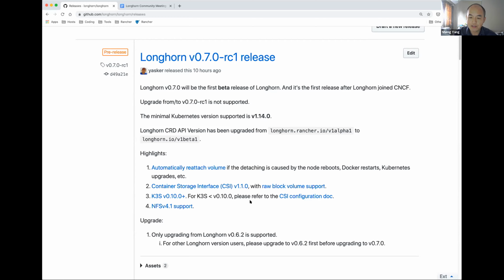That's also because of the Kubernetes upgrade, where we're going to restart all the containers and all the pods Kubernetes manages. In that part, we realized that it's probably not enough to deal with every separate case. We had also hesitated to do it before because we know we can automatically reattach the volume as a block device on your host easily, but that doesn't necessarily mean that the volume will